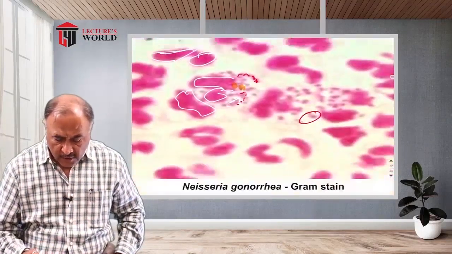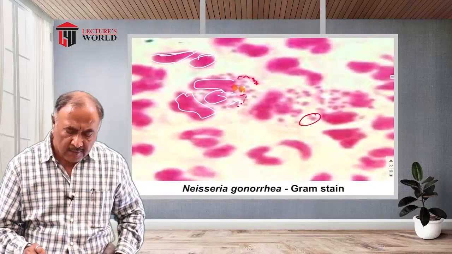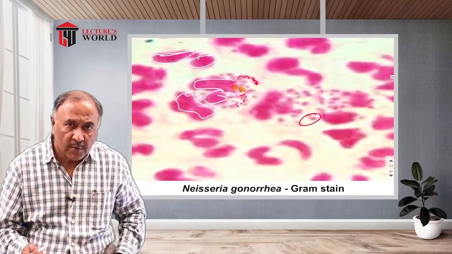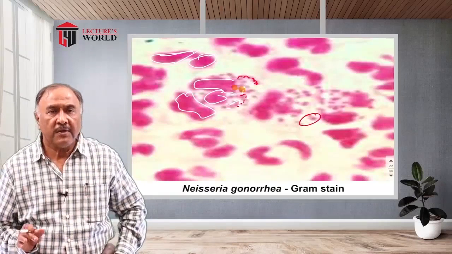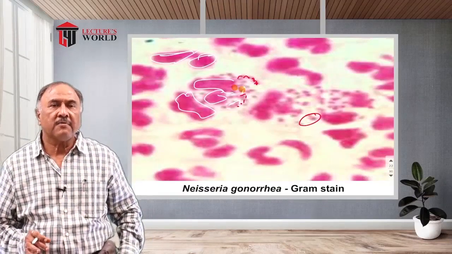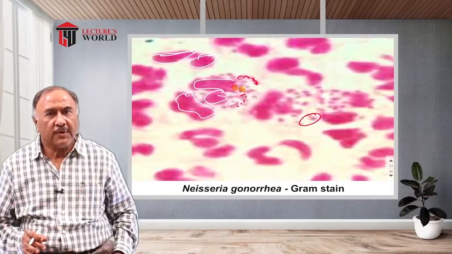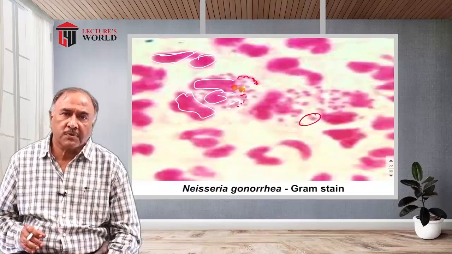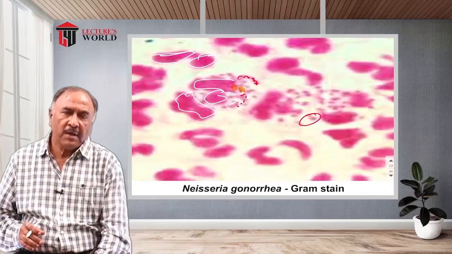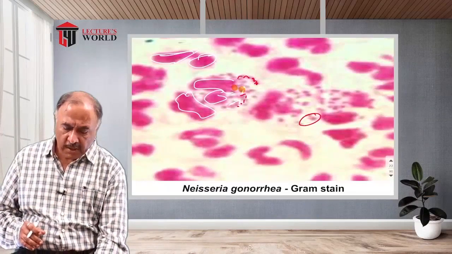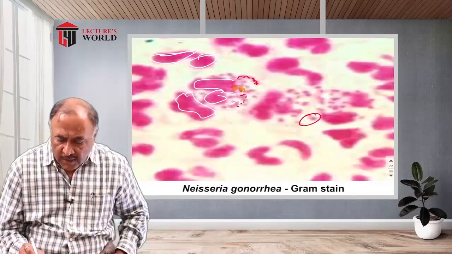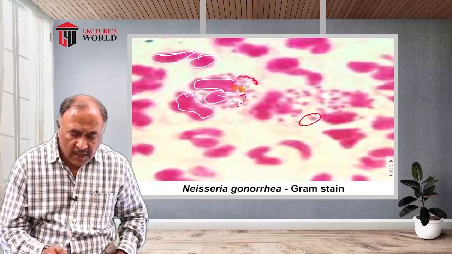Here we are seeing what? These are the gram staining of Neisseria gonorrhoeae. Neisseria species is a gram-negative cocci, one of the exceptions in cocci. That is, cocci are mostly gram-positive, but Neisseria is gram-negative in nature. And you can see here these gram-negative cocci and this large pink color